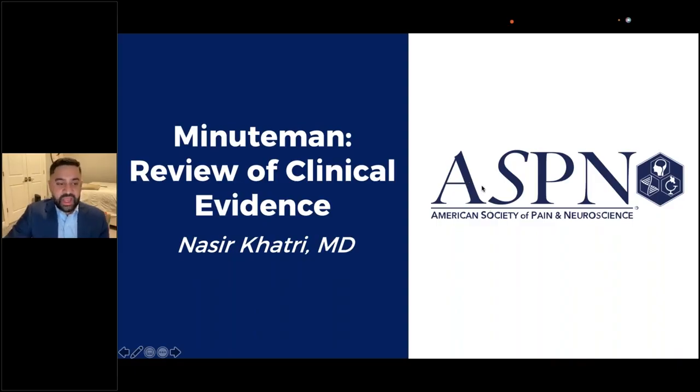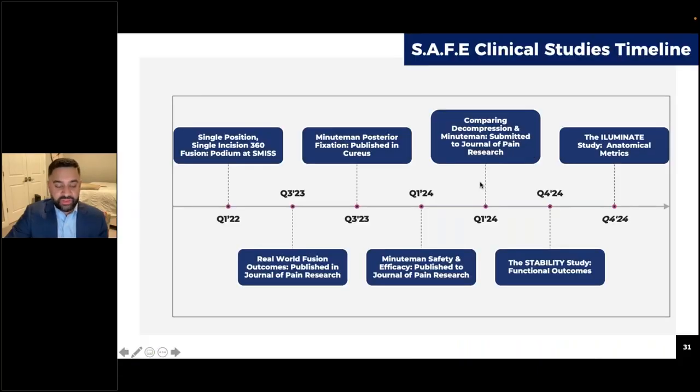So, the prior conversation with Dr. Nalvagan about coding and approval, I think it ties really well into this review of clinical evidence. And really the reason is because in order to be able to get a distinct CPT code, or even to just be associated with an existing CPT code, and of course to be able to get approval with insurance companies, one of the things that they really are looking for is evidence. And again, when I work with physicians, when I work with APPs, or really anyone, I always emphasize the importance of reviewing the literature and to really make sure that the therapies that we're offering patients are rooted in evidence.